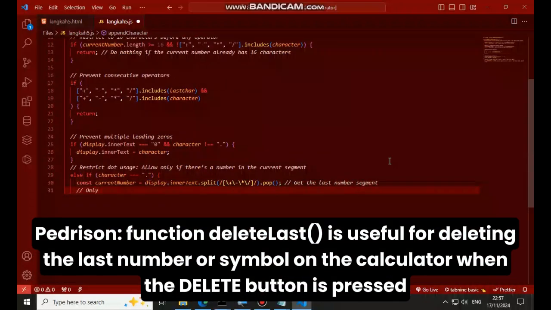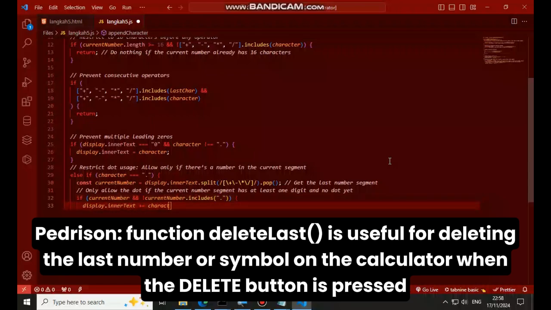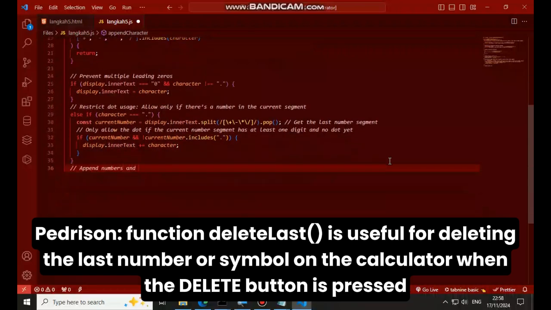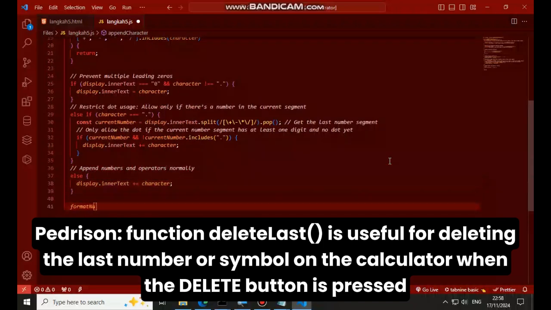Function delete last is useful for deleting the last number or symbol on the calculator when the delete button is pressed.